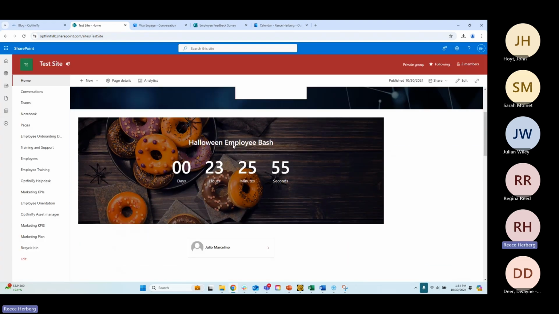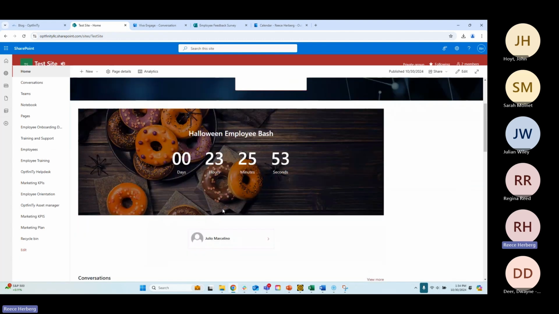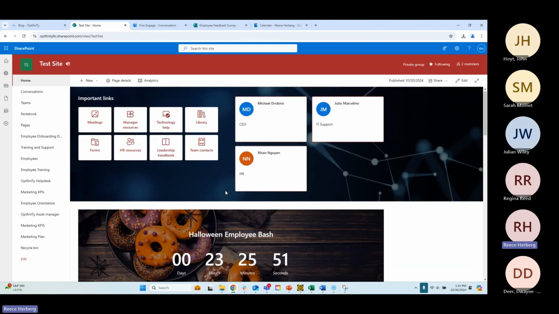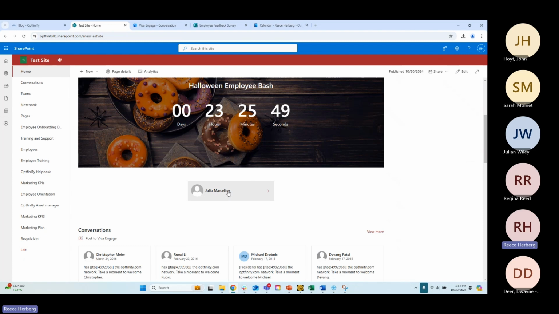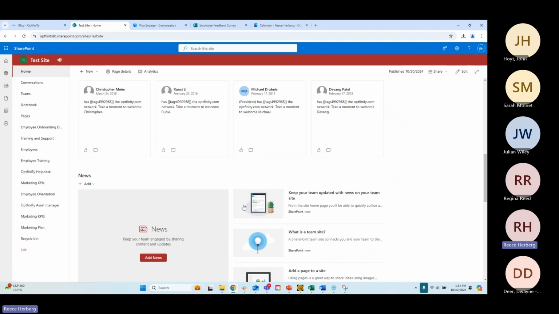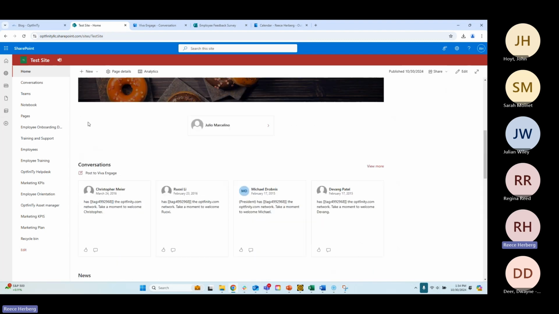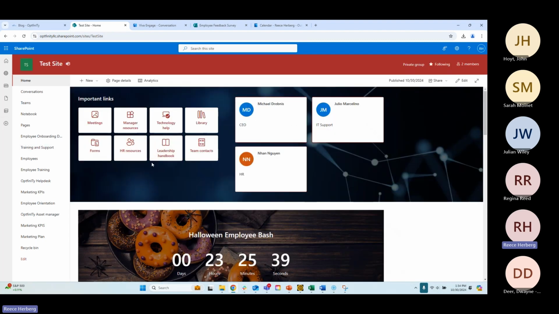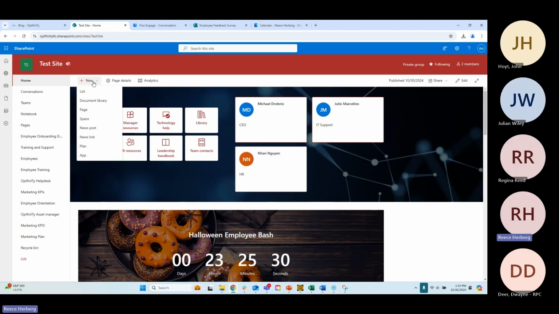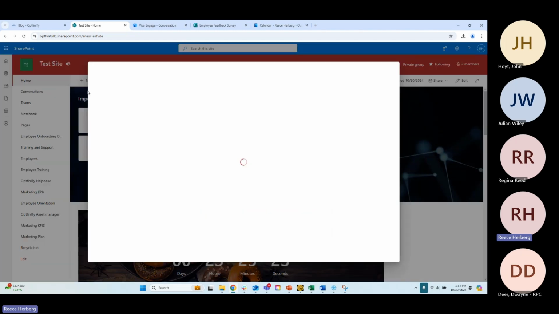And again, we can just see how scrolling through, adding pictures, and making the key information at the top makes it more worthwhile. Obviously, this is still bare bones, but at least it's giving you the idea of how to actually get started utilizing some of these features. One of the other key features from the homepage that I wanted to bring to your attention is our lists. So again, in our previous webinar, we went through how to actually create a list and how to utilize asset members specifically. But in this case, if I select new list,